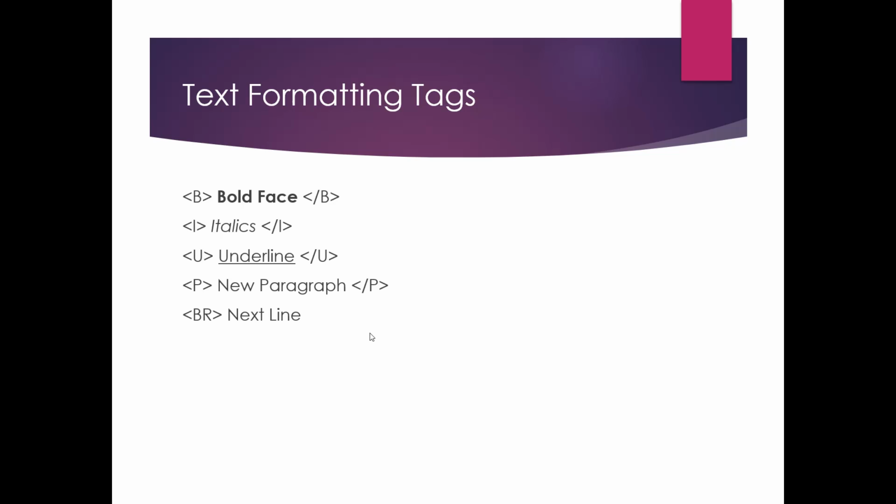So basically, we need bold. You may be familiar with all these words: bold, italics, underline, paragraph, and next line. So the tag that is being used is B. B stands for bold. Whenever you are writing B, the tag starts with B and ends with B. And whatever you're writing in between those opening and closing tags is the main text that you want to be displayed in the bold format, right? So next, like this comes the italics, underline. If you want anything to get underlined, like the headings or the subheadings or anything, then it's underlined.